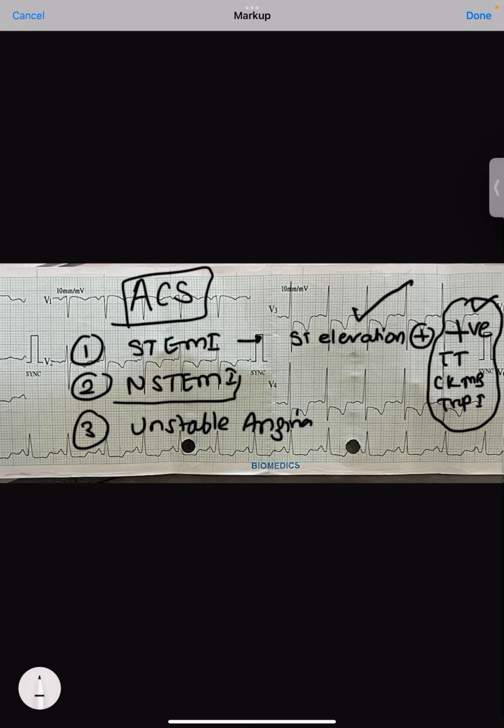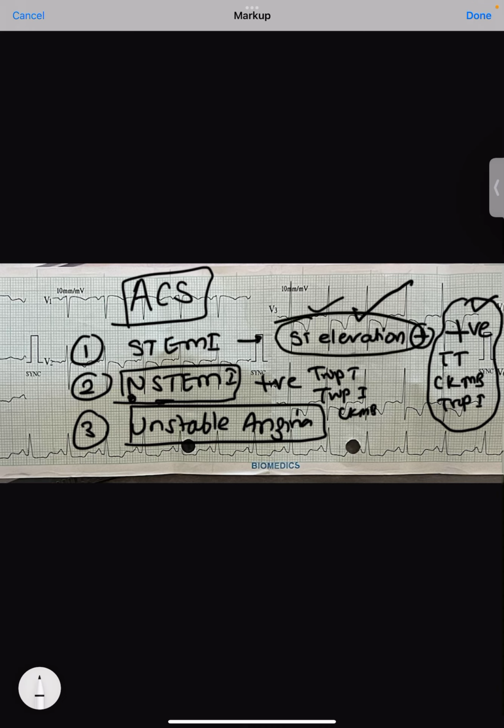Same with non-ST MI. Here the cardiac biomarkers will be positive, so there will be positive TROP-T or TROP-I or CKMB, but there will not be ST elevation. That is the reason why it is called NSTEMI. And the third one is unstable angina, because there will not be ST elevation for sure, but the patient may have some